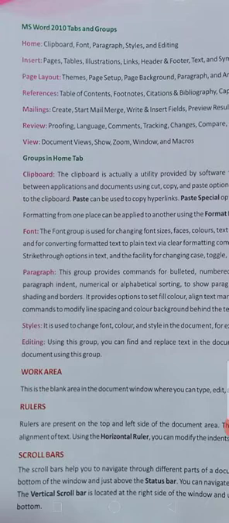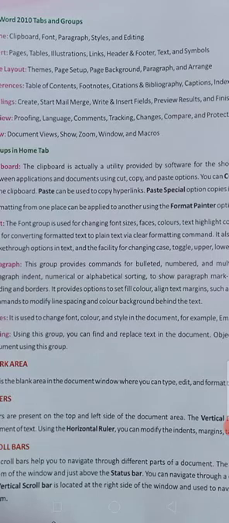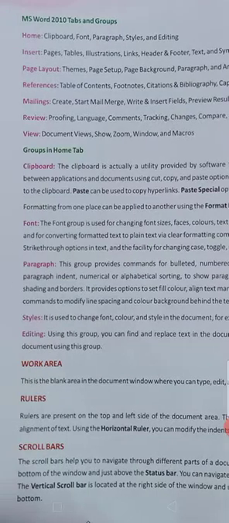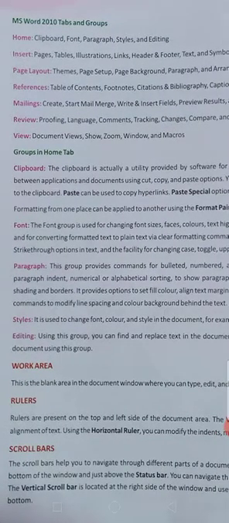In our MS Word we have them on the top and the left side. If we want to set how much space we will leave at the top and at the bottom, we set it through the side ruler. If we want to set how much space we want to leave on the right side and the left side of the page, we use the top ruler. Scroll bar: it is on the right side and at the bottom side.